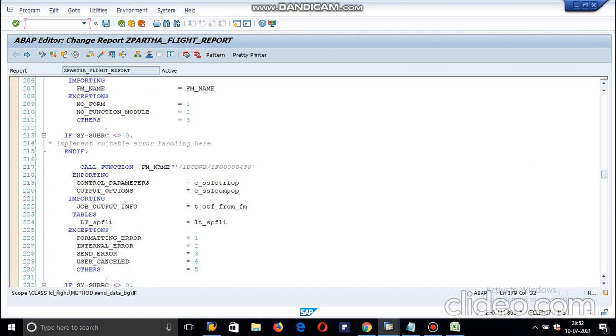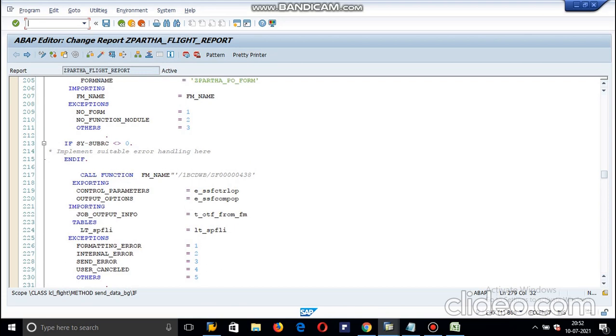At that time the smart form is very easy to transport, because it creates a dynamic FM and stores it in a particular table. So we cannot stick to the particular FM, and we cannot hard code anything.